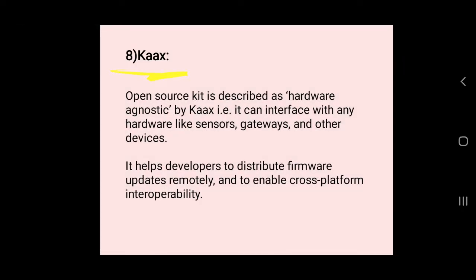Our eighth IoT tool is Kax. Okay. Open source kit is described as hardware agnostic by Kax. That is, it can interface with any hardware like sensors, gateways, and other devices. It helps developers to distribute firmware updates remotely and to enable cross platform interoperability.